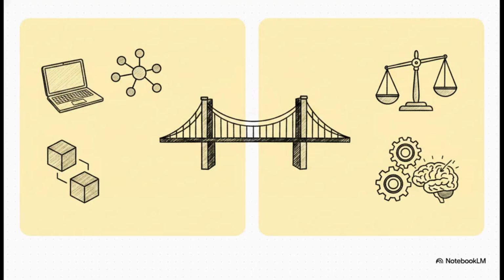To get there, we really need to translate between two very different worlds. On one hand, you have the buzzwords of computer science, stuff like blockchain, tokenization, algorithms. And on the other, you've got the bedrock of economics: contract theory, mechanism design, monetary theory. What we're doing today is exploring how the technological code of computer science perfectly pairs with the economic concepts of human incentives. It's like a giant puzzle coming together.